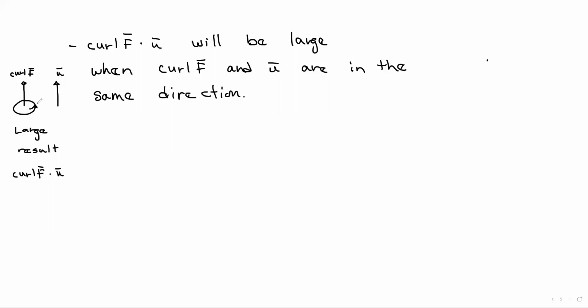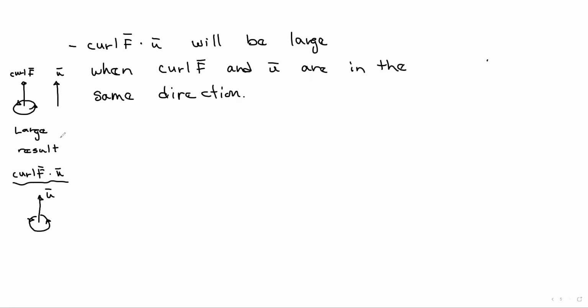Okay, and so the next part is maybe a little bit strange here. If this is the curl of f, and you've got rotation around it, and we've got u, and we've got a large result for curl of f dot u, which represents the situation where those two are parallel, then you can take u and replace it where the curl of f is. And so in this picture, where the curl of f is, I'm going to put u, and we end up getting that this is